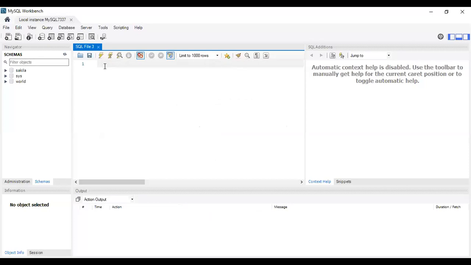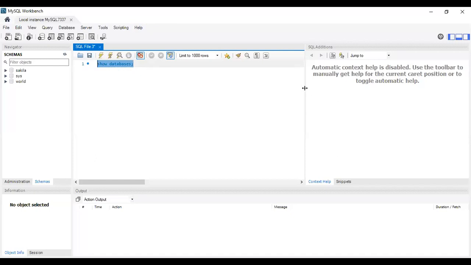We have just logged into the server, and it will have some default databases. To see that, we execute the command show databases, with a semicolon. Select it and click on this, and the selected query will be run.